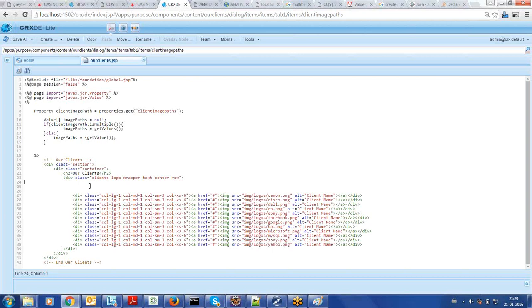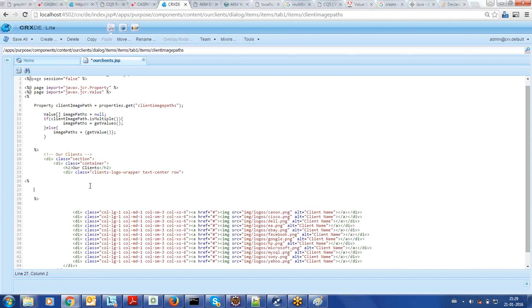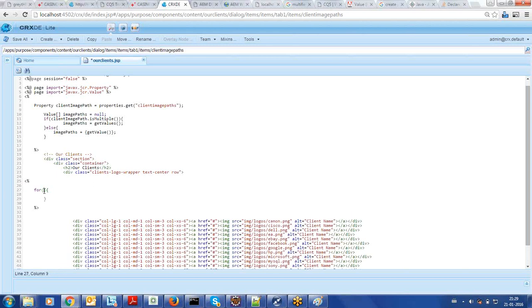I'm writing a for loop here: for integer i equals 0, i less than imagePaths.length, i plus plus. All this code you people need to move to an OSGi bundle